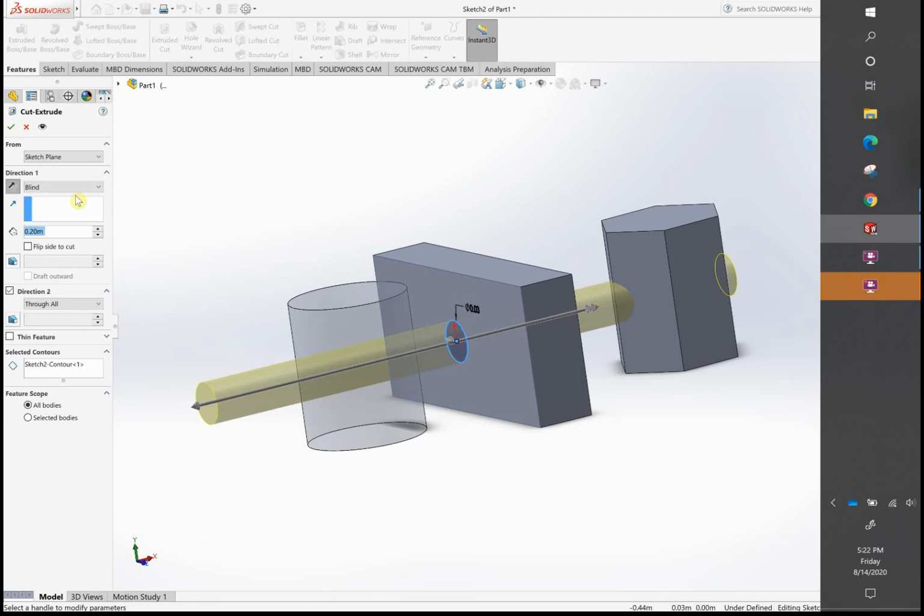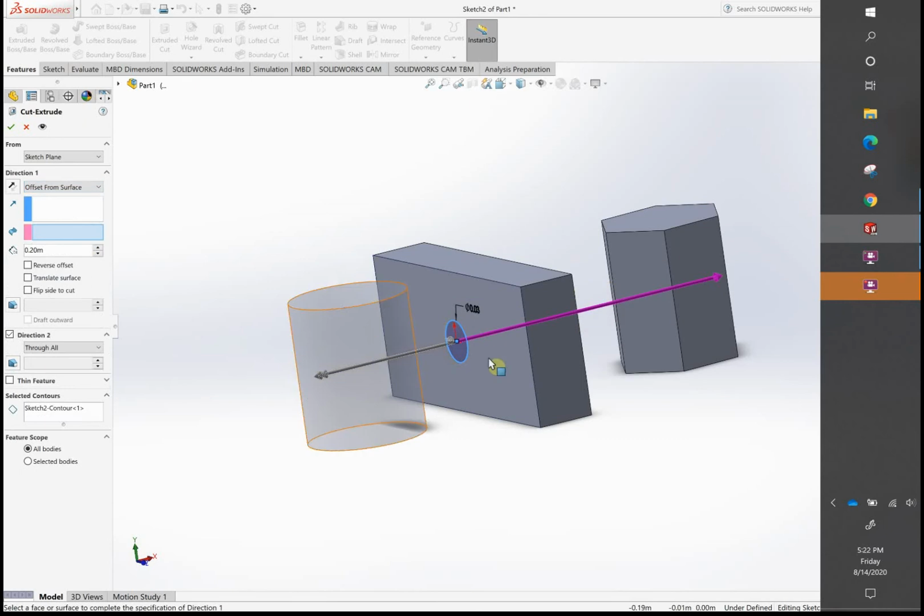Blind, it's blind on both the sides. So basically it's switching. And then offset from surface, so I select